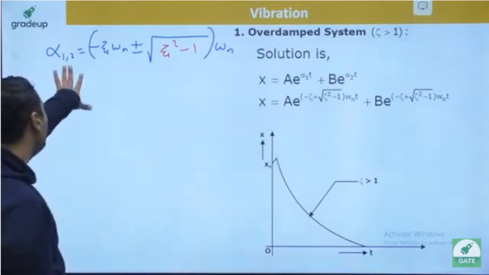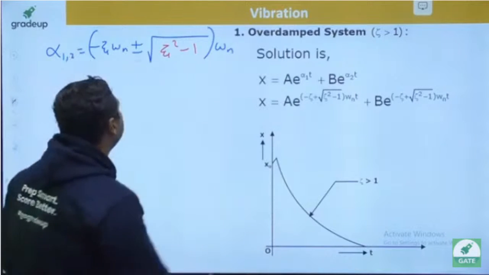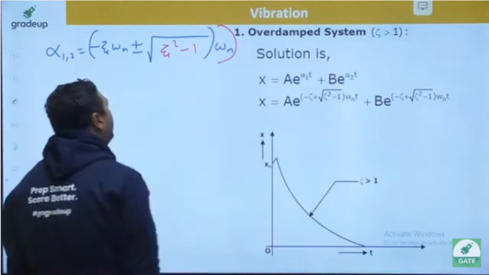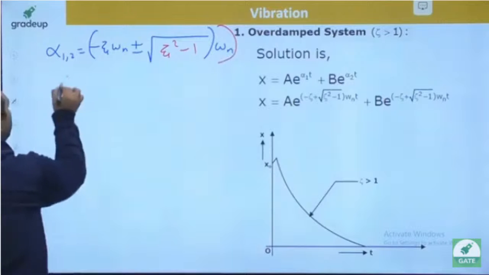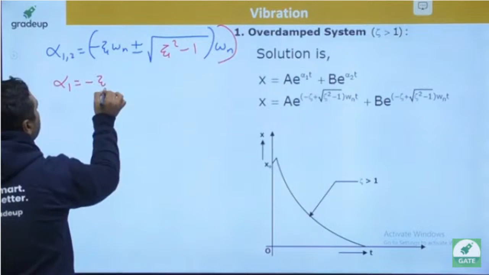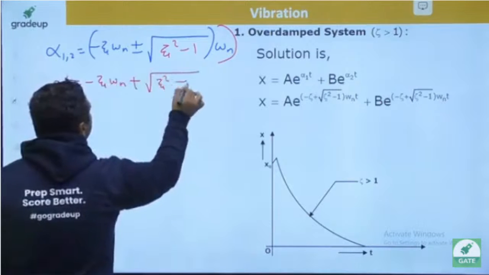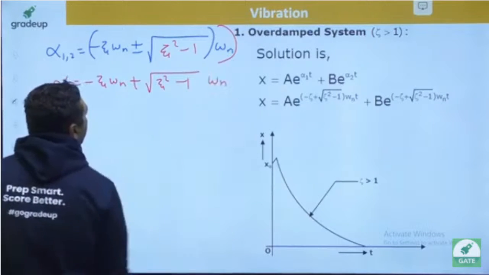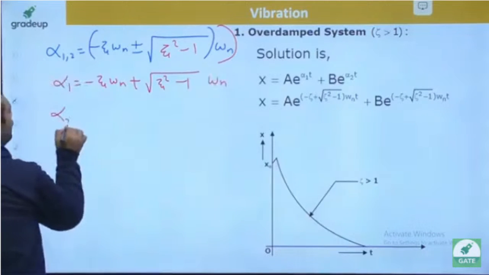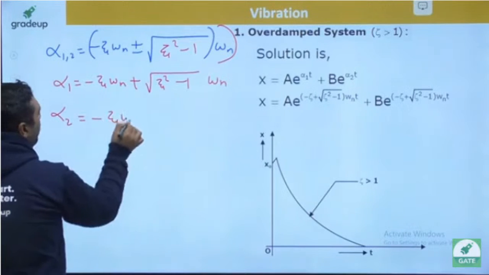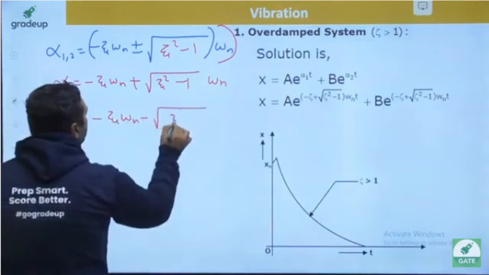So guys, when we are talking about minus zeta omega n plus square root of zeta square minus 1 into omega n, you can see here alpha 1 is minus zeta omega n plus square root of zeta square minus 1 into omega n. And when we are going to have alpha 2 to be minus zeta omega n minus square root of zeta square